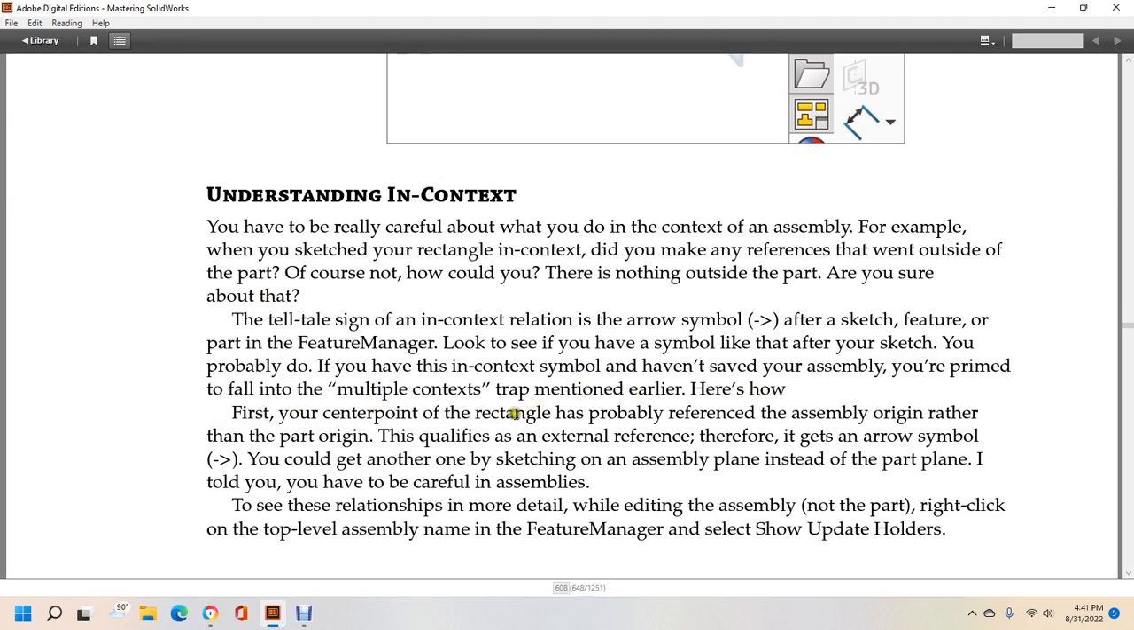Here's how the first center point of the rectangle is probably referenced to the assembly origin. After the part orientation, it qualifies as an external reference, therefore it is given an arrow symbol. You could give it another one, sketch on the assembly plane instead of the part plane. I told you that you have to be careful in these assemblies to see the relations in more detail while editing